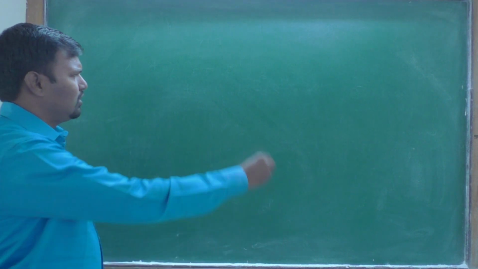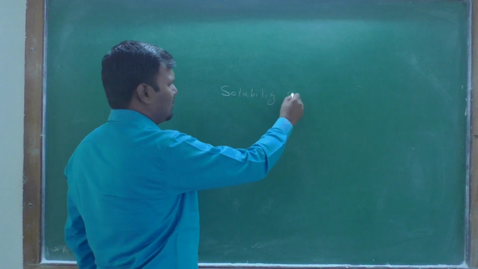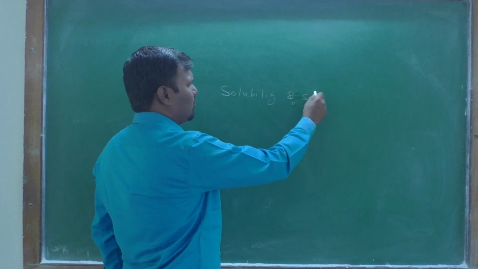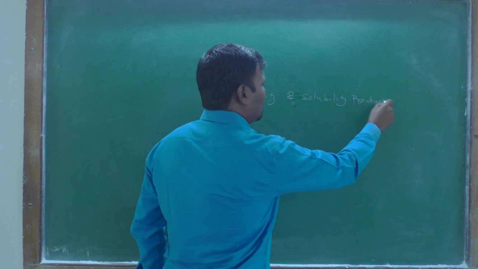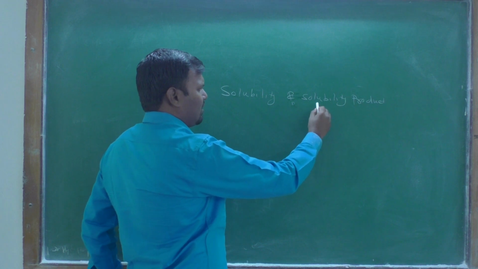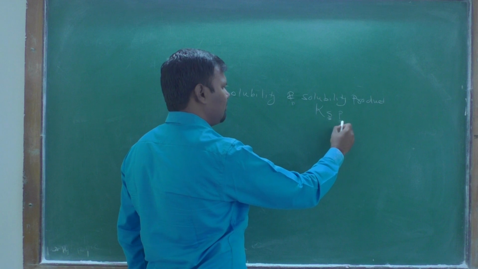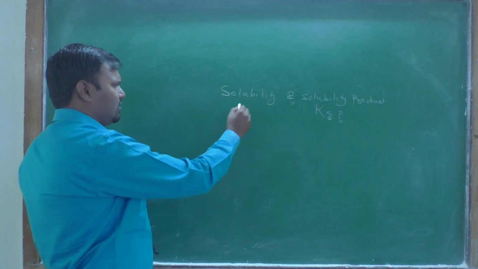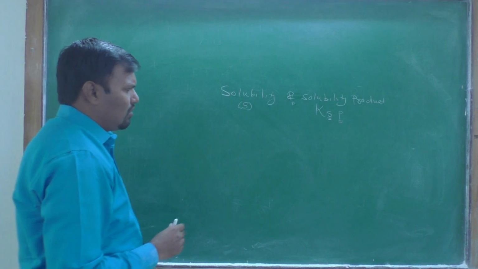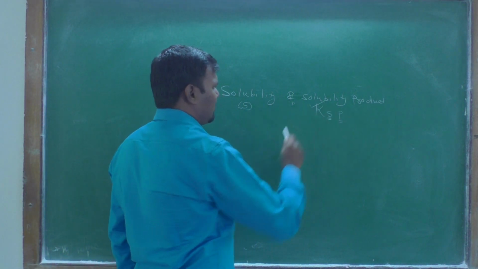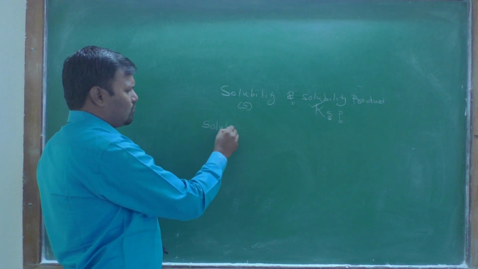Dear students, today we will learn about solubility and solubility product. Solubility product is denoted by Ksp, where S stands for solubility and P stands for product, and solubility is denoted by S. Before studying Ksp, we have to know the meaning of solubility